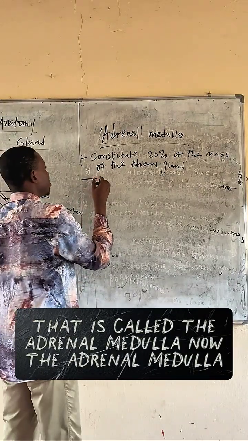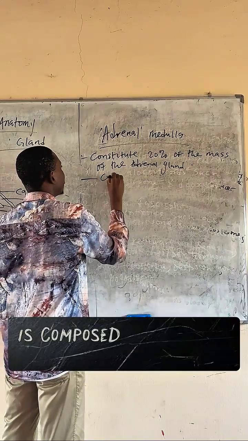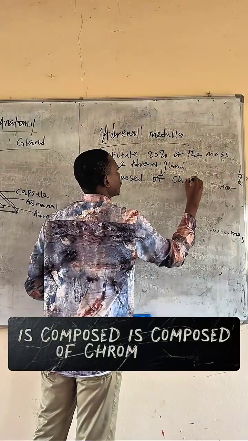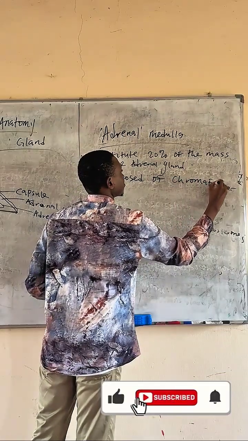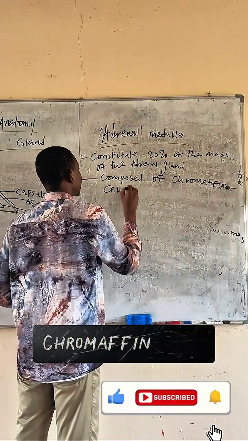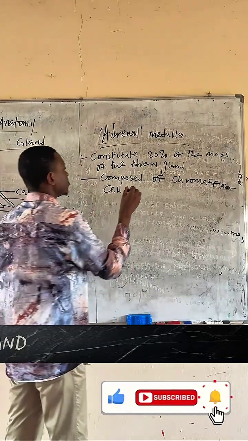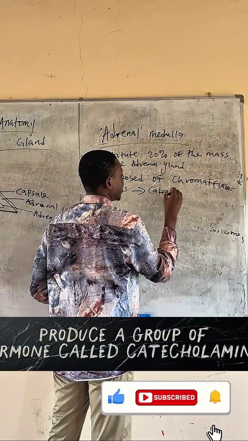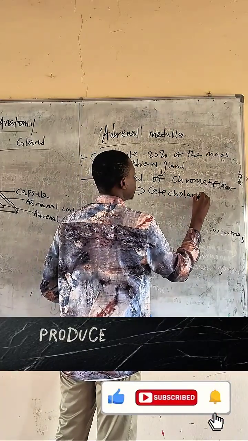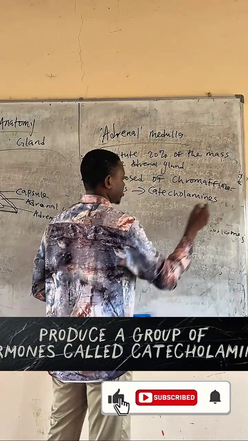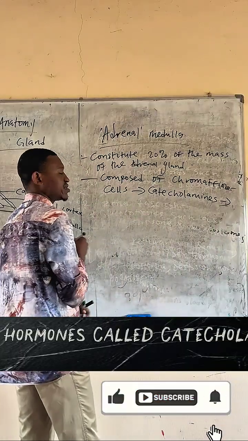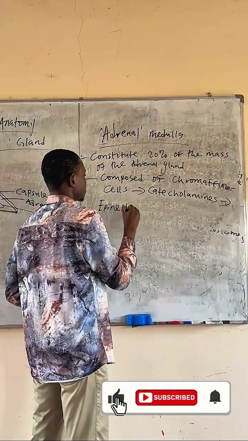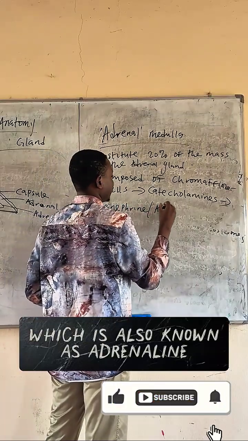Now, the adrenal medulla is composed of chromaffin cells. And these chromaffin cells produce a group of hormones called catecholamines. These hormones called catecholamines include epinephrine, which is also known as adrenaline,